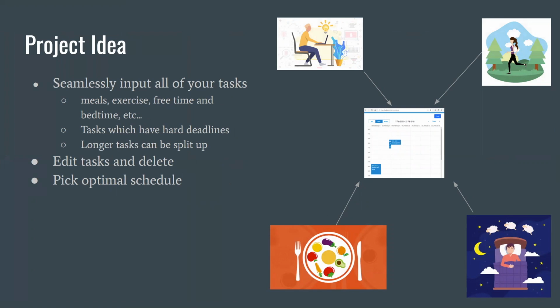These tasks that you have every day will be split up into specific categories. The first category includes things like meals, exercise, free time, and bedtime. These are things that you must do every day, so you need to block out time in your day to do them. The second category would be tasks that have hard deadlines. For example, say you have a project due on a specific day. Our app will let you know when to work on this project so that you can complete it on